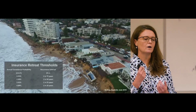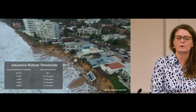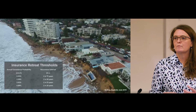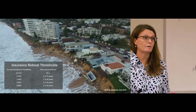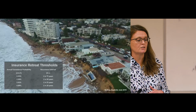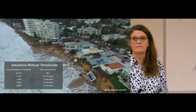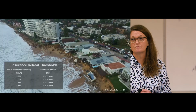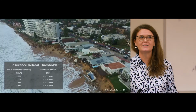So with a 1 in 100 year event, it has about a 1% AEP, annual exceedance probability. You can use that as a baseline that a number of insurers use in terms of mapping out floodplains, for example. And what we heard from the insurance industry is that once an event gets to about a 4% probability, so about a 1 in 25 year event, they would not continue to offer insurance. Now, you won't see that in any annual report of any insurer anywhere in the world,